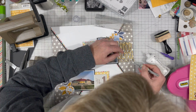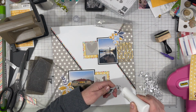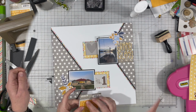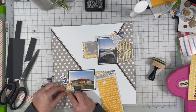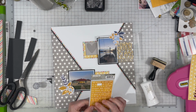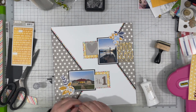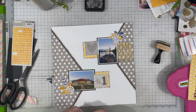Now I am also doing these little tiny letters. These are from Tim Holtz, and I will put links, or if I can't find a link, I'll put the name of what they are down below in my description box if that's something that you're interested in. And those little tiny letters are like 3/8 of an inch tall. They're very small, but I did the exact same process, and I cut them out of the same foam backed